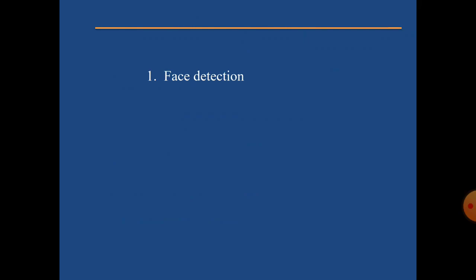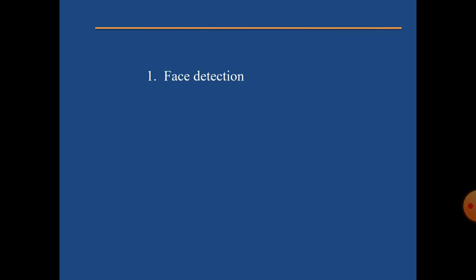So here, the SVM classifies the parts of the image as face and non-face, and it creates a square boundary around the face. Hope you have understood. Face detection is nothing but using the SVM algorithm to identify the face. We are classifying face and non-face, and the face will be surrounded with a square boundary. So that is face detection.